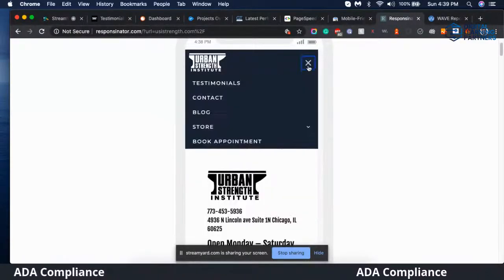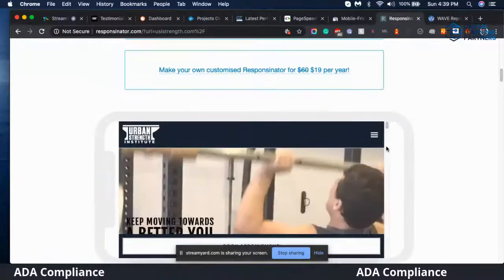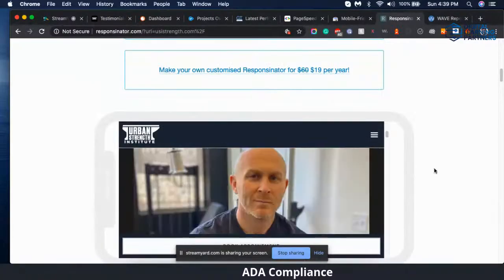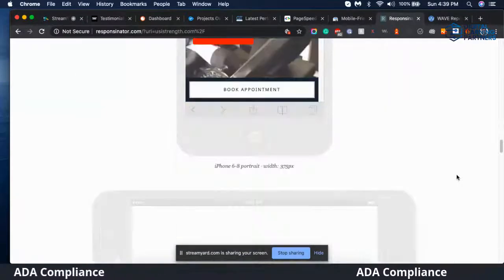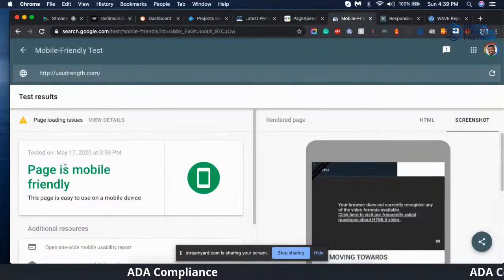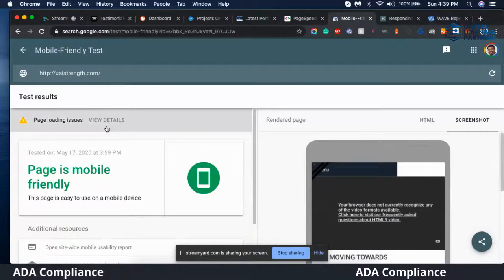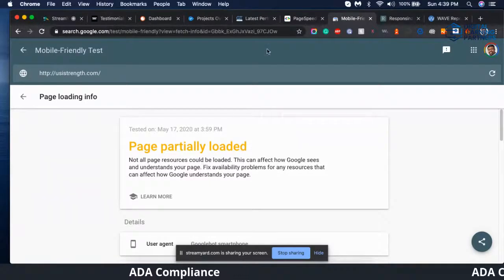And if you click on these pages, see how it opens up. Very nice. And you can also check all the other mobile devices on the side. See that? Android, all this stuff. Okay, all right. Is the website mobile friendly? I'm sure it is. There you go. The website is mobile friendly, but needs some minor loading issue that has to be fixed.